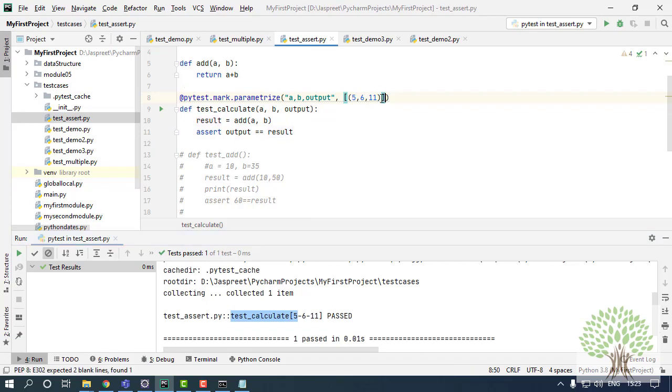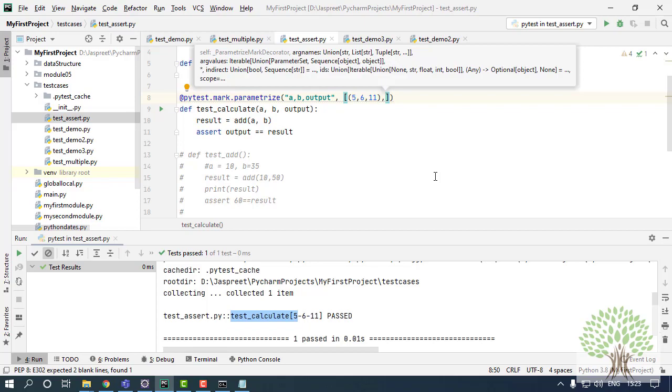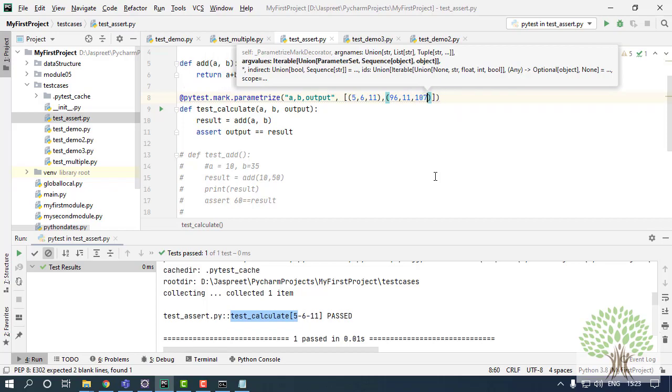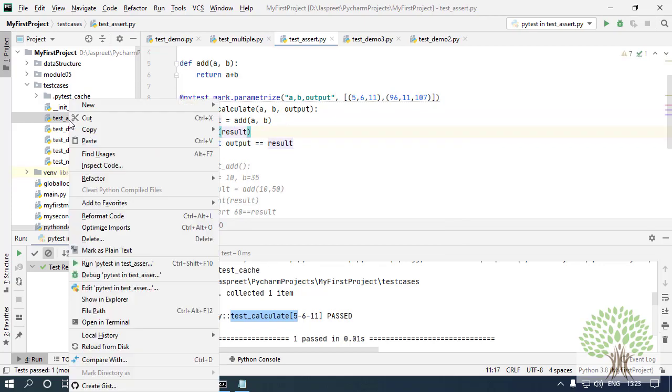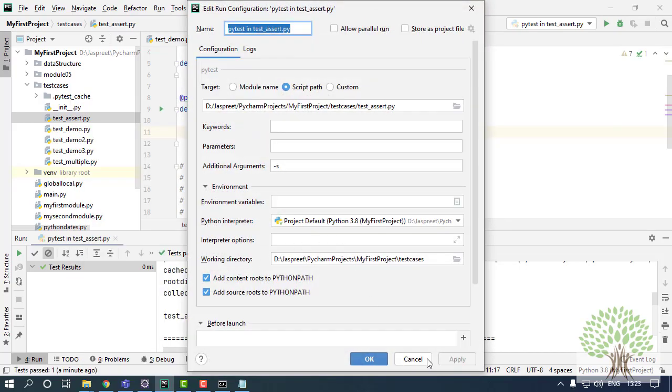If I have to give another data set to this particular test case, I'll add, let's say, 96, 11, and the output will be 7107. I also want to print my result, so I have to go and add -s over here.